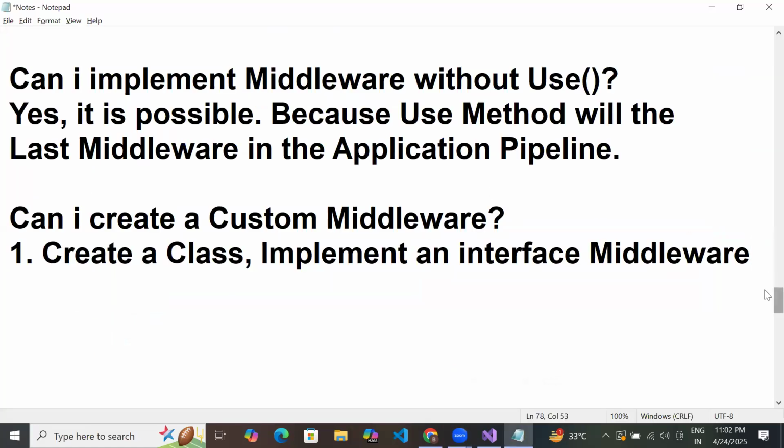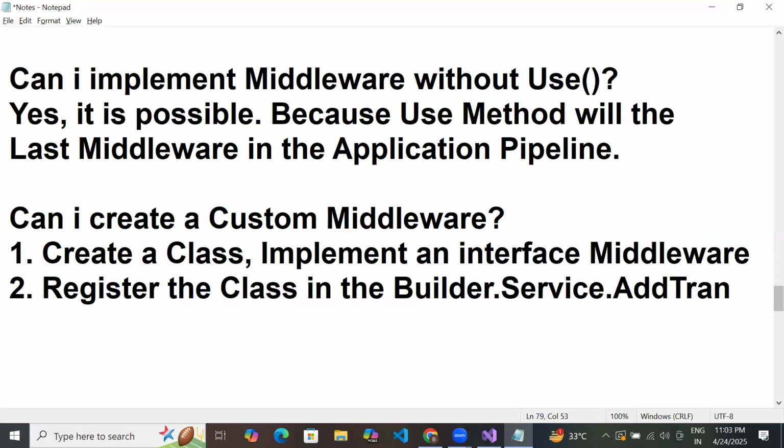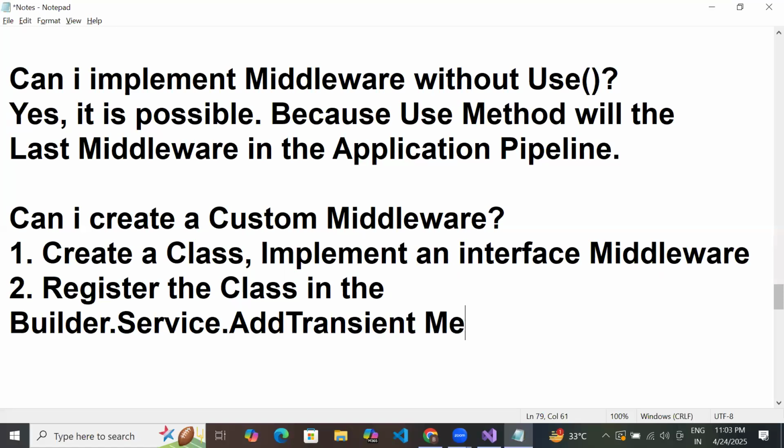So, can you all explain to me? Create a class, implement an interface. Second point, register the class in the builder.Services.AddTransient method. Am I right or wrong? Right. When this builder.Services.AddTransient method is executed, third point,